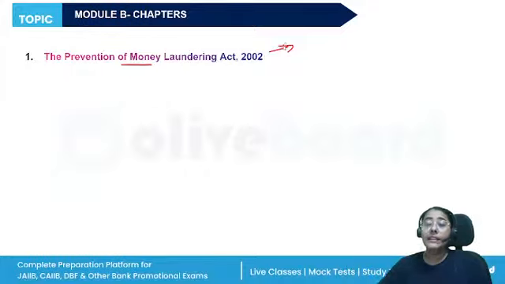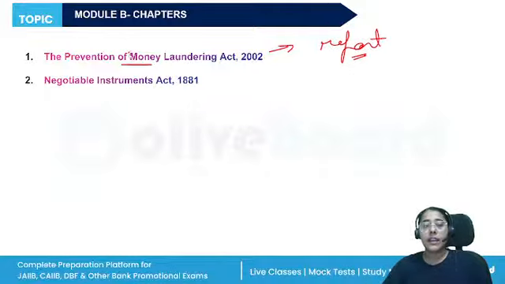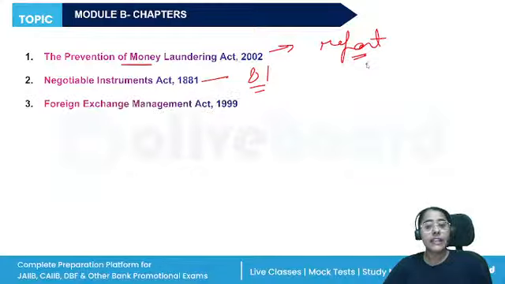How the banks have to report certain transactions to prevent money laundering. Negotiable Instruments Act, the Bill of Exchange we are going to discuss, check, dishonor of check, the various sections like Section 81 where bank is provided protection whenever any payment is done in due course to the due holder with proper diligence, right? Then Foreign Exchange Management Act, any dealings,